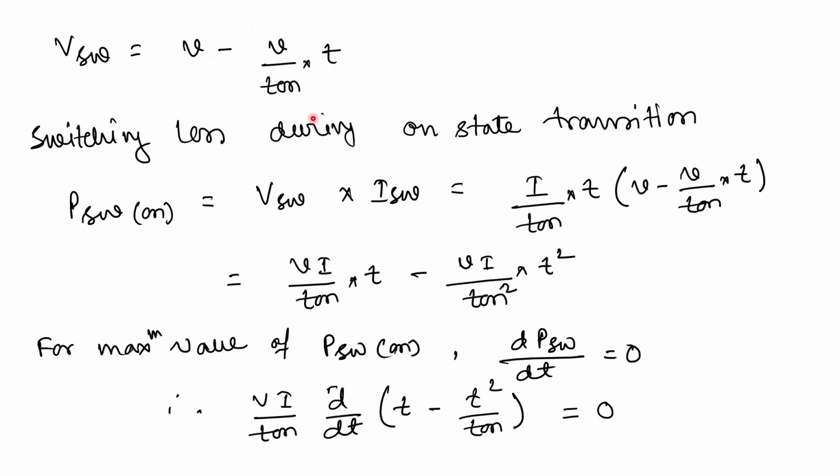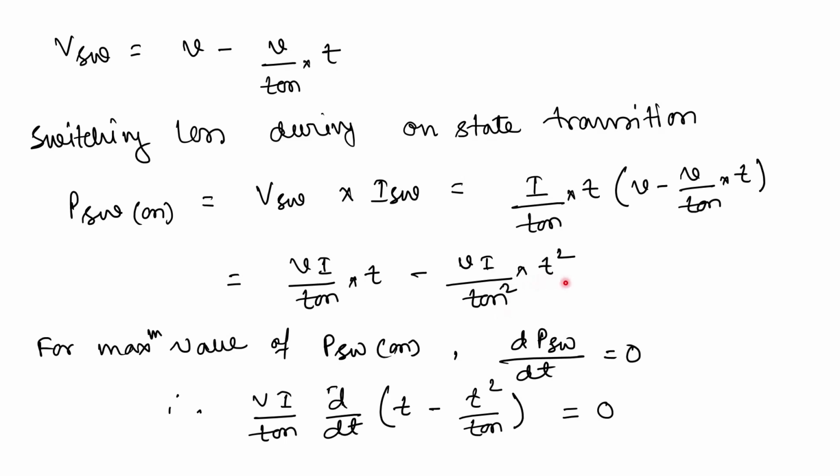Similar equation. So, switching power loss during on-state: P switching on equals V switch into I switch. At this moment, what will be the switching loss? You can multiply this V switch into I switch. So capital I by T on into small t, and V minus V by T on into t. You can just split it like this: VI by small t on into t minus VI by T on square into